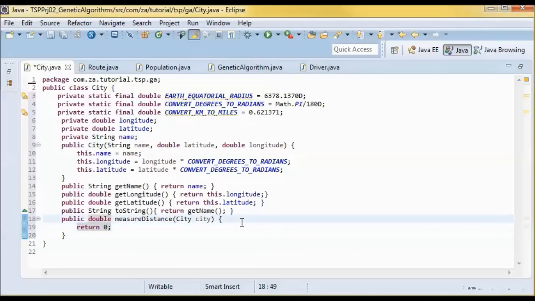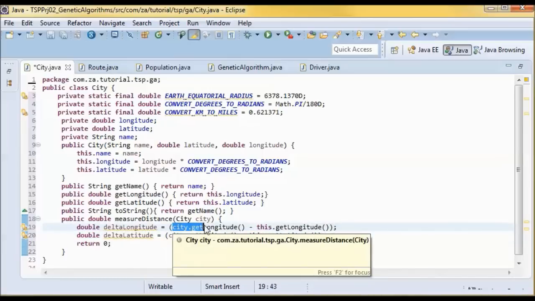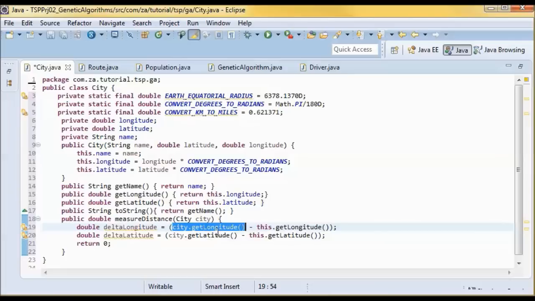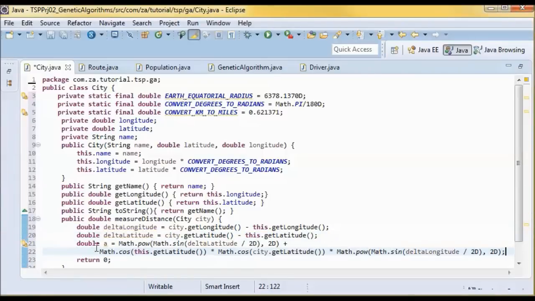And I'll first calculate the delta longitude and delta latitude. So the passed-in city dot get longitude minus this city dot get longitude. And we will use those deltas in this formula.